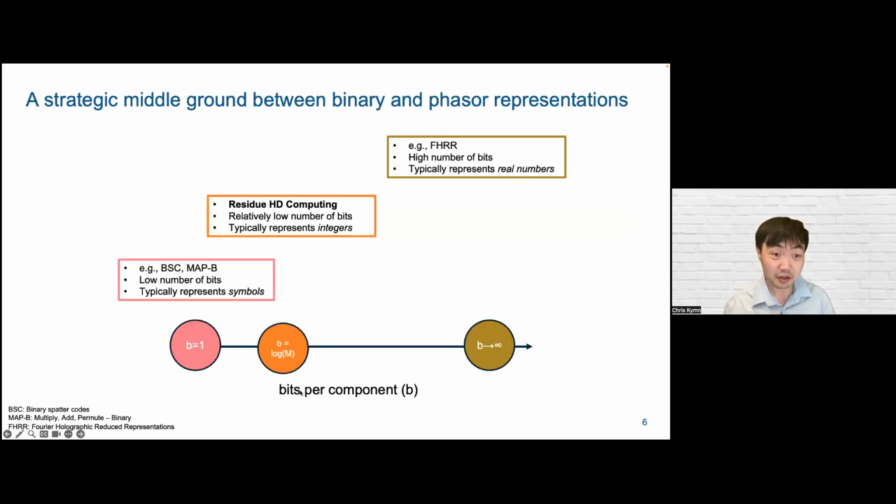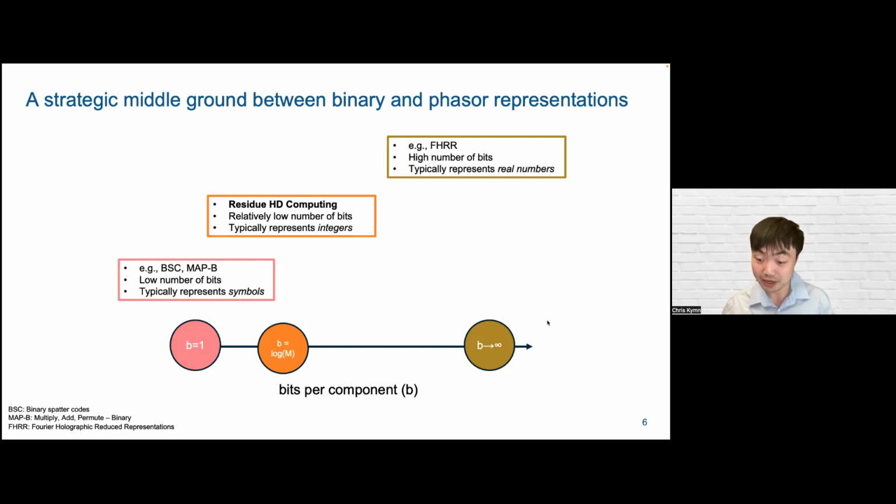computing. And here you might be familiar or have seen this broad divide between two rough clusters of representations. On the one hand, we have these binary representations, so either 0, 1 or +1, -1 operations. In this kind of case, each component is very low dimensional. And these representations are typically used for symbolic cases or for things like analogical reasoning, where we want every particular vector to represent a discrete or different kind of symbol,